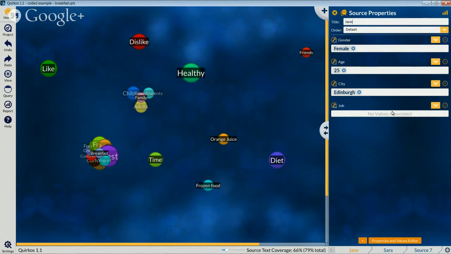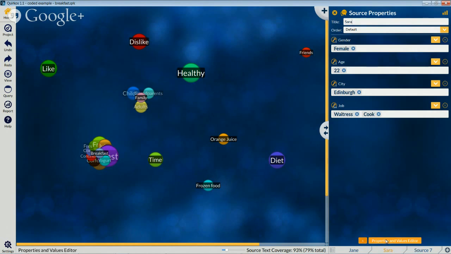We can see Jane here actually doesn't have a job assigned to her at the moment. So using this drop-down button here, we can either select a new value or we can choose one of these other options. So just for speed's sake, we'll just say that she's a baker as well. By looking on the tab here, we can see Sarah, who she's already put down as a waitress and a cook. So if we wanted to add a new property, we can do it with this plus button